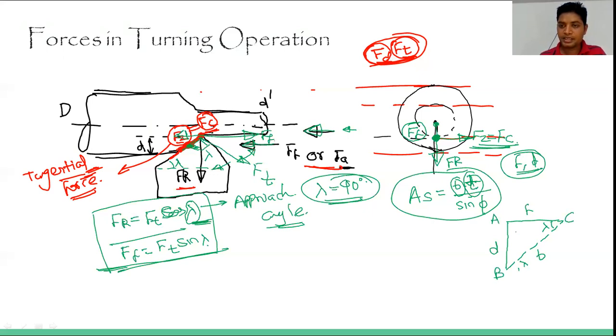This bc is basically the b, that is width of cut, and when you draw a perpendicular from this bc to this angle, this will be 90 degrees, then this will be the uncut chip thickness. Okay, so now let's first find out the relation between f and t. So if this is the angle, then this is perpendicular and this is hypotenuse. So this is sine lambda. Sine lambda will be equal to perpendicular, that is t upon f. From here, calculating the value of t, t will be equal to f into sine lambda.